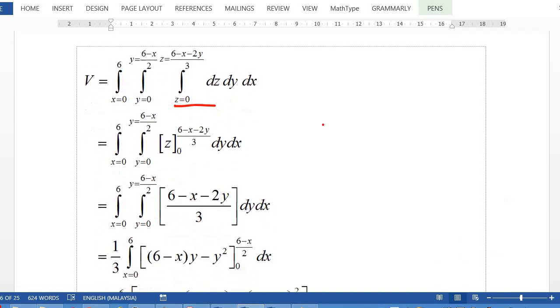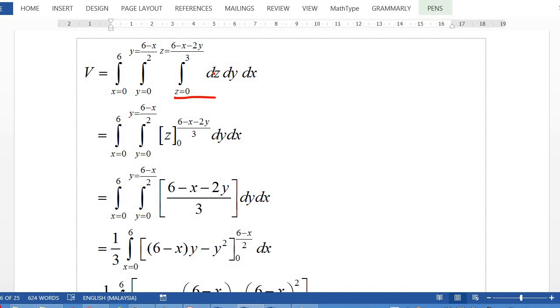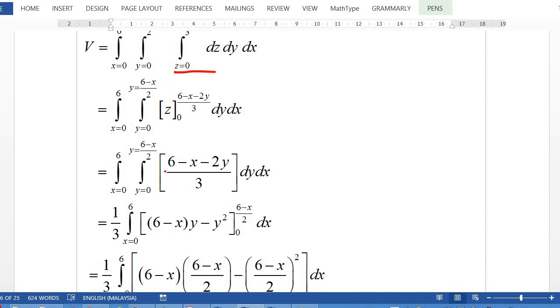First of all, integrate with respect to z. Integrate 1 with respect to z, while y and x are constant. You will get z. Plug in the limit: the lower limit is 0, the upper limit is 6 minus x minus 2y over 3. So you get 6 minus x minus 2y over 3 minus 0. This is divided by 3, you can factor out 1 over 3, and then you integrate 6 minus x minus 2y